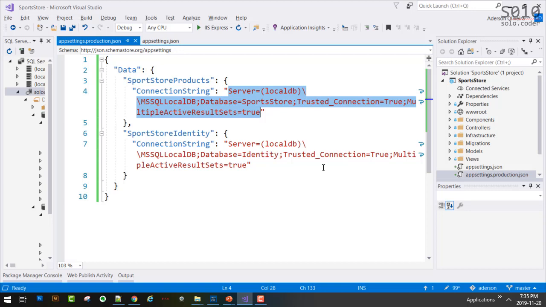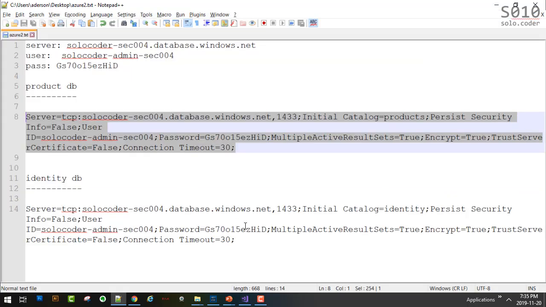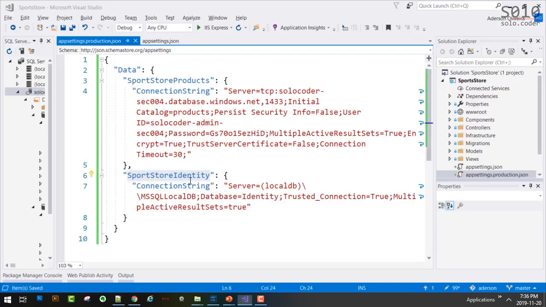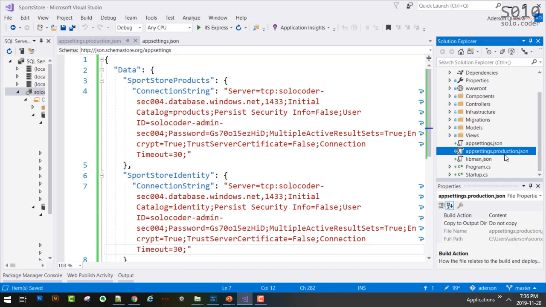Is everything spelled properly? Is the username correct? Is the password correct? Okay? So I'm going to paste there. So that's the first one, that's the products. And then we have the identity one. So I'm going to copy there and paste it here. Great. Okay. So now we have both files.